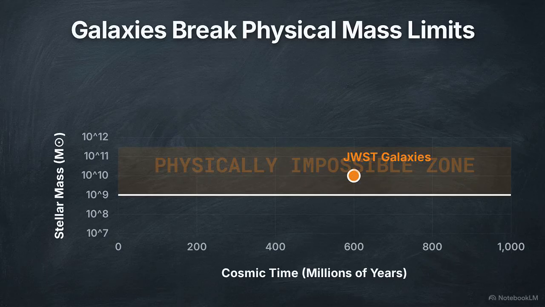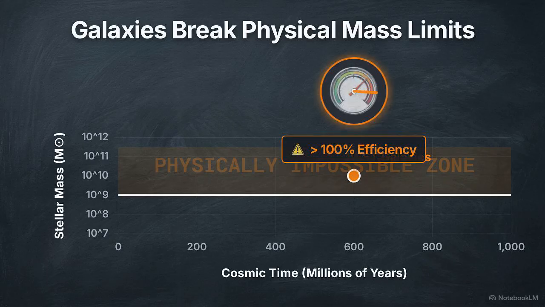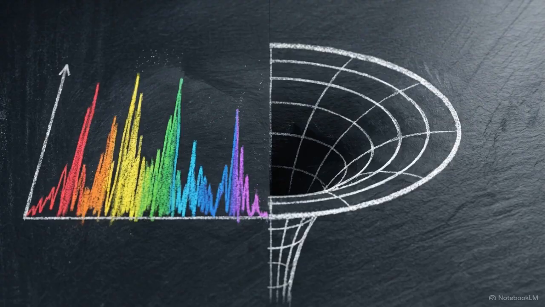Star formation efficiency measures the percentage of halo gas that converts into stars. To reach 10 billion solar masses by redshift 10, this efficiency must exceed 100%, requiring a halo to convert more gas into stars than it actually contains. Resolving this discrepancy requires addressing potential systematic errors in spectral calibration or evaluating gaps in our theoretical understanding of early